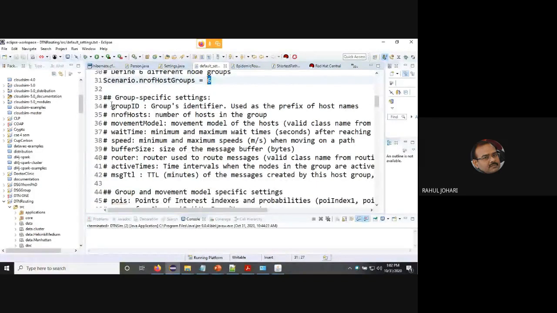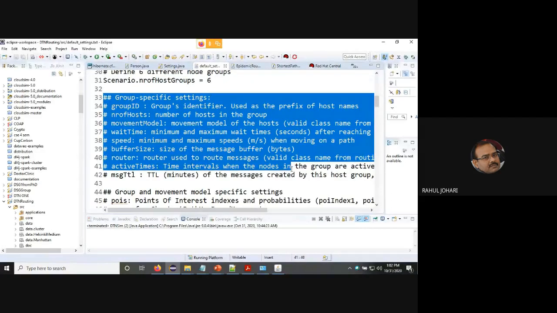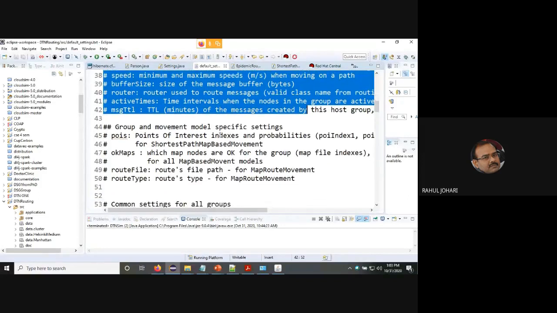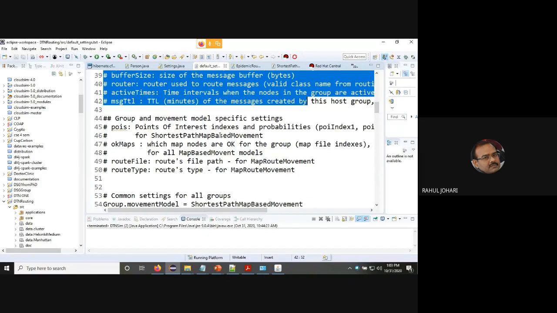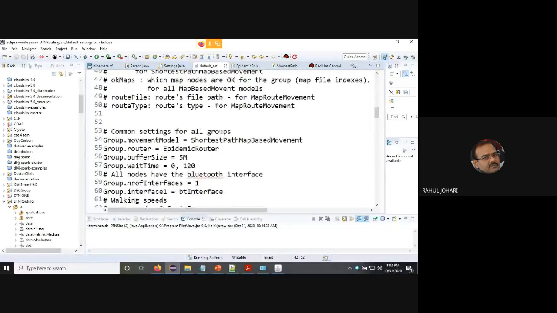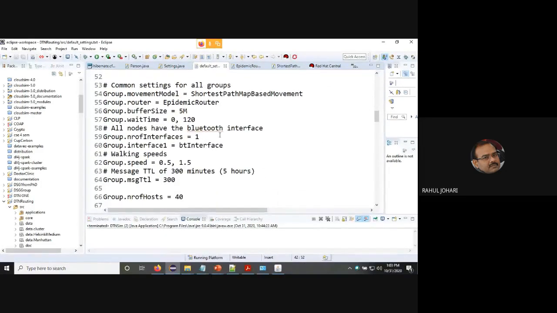Then these are the hash comment entries which you can study later on when you get the time, and if you get interested to work on this simulator, which is very good because I have used it. It's a free of cost, open source, Java based simulator. The only thing required is that you should have a good knowledge of Java. Then there are certain settings. We say common settings for all the members of the group.